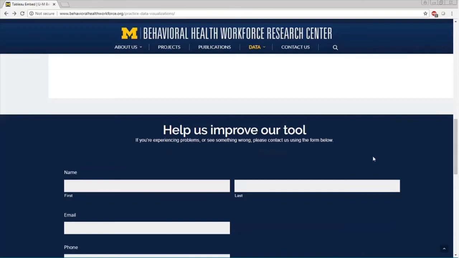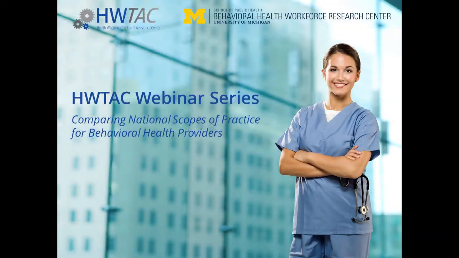Or if there's a simple law change in one state, say in Kentucky, they're changing some of the scope of practice for their addiction counselors, if someone alerts us that happened, we can go through, look at what changed, and immediately update it. And like I said, this will create a save state, which will allow us to then track the changes over time. So we're definitely looking forward to hearing from people. And I think that's what we're going to leave it.